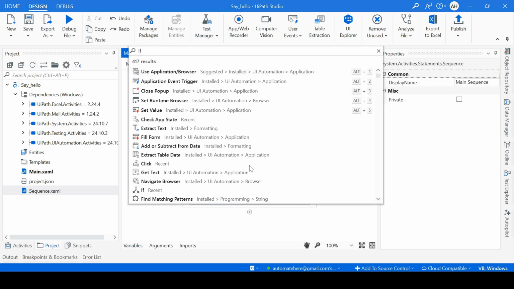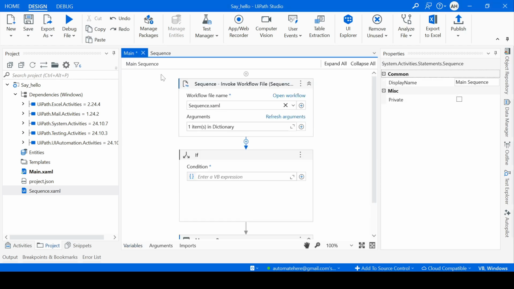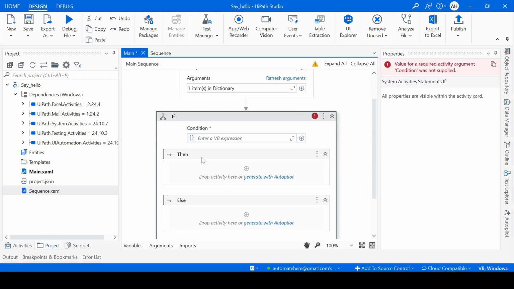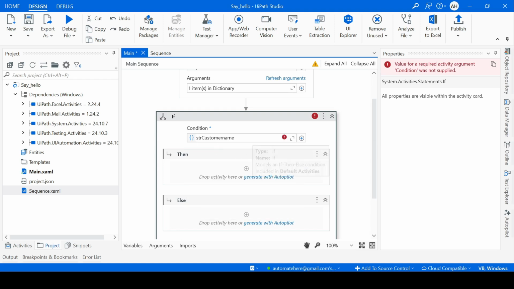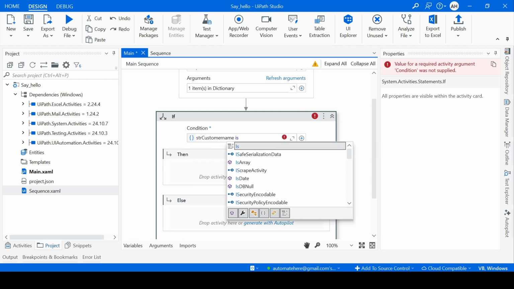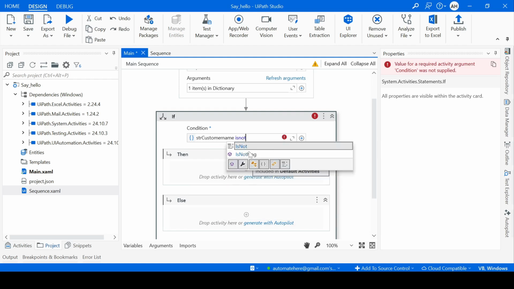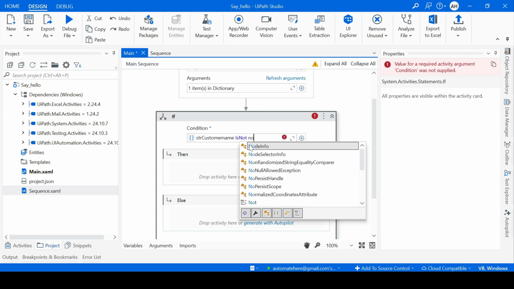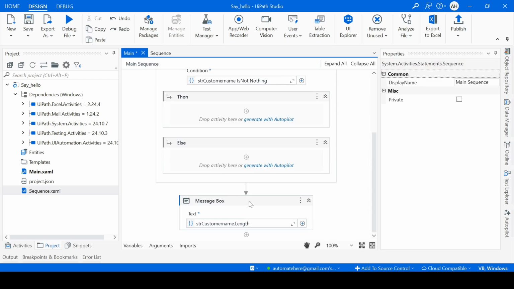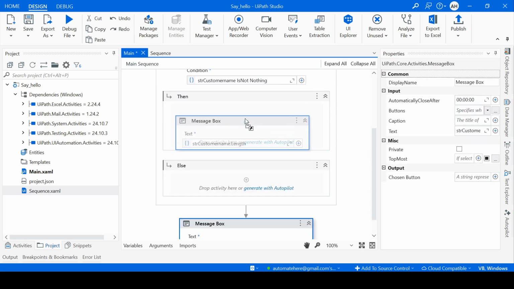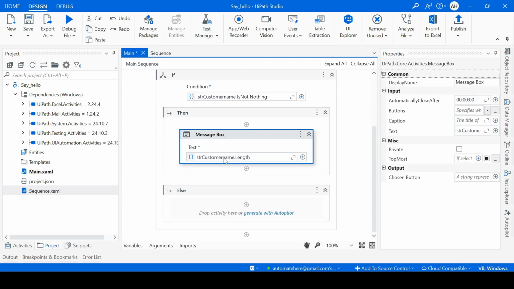For example, you can put an if block here, right? And you can check the variable you are trying to access is not nothing. That means it is not null, right? Now if it is not null, then you can let me drag and drop it here, then you can print its length. Otherwise what you can do is